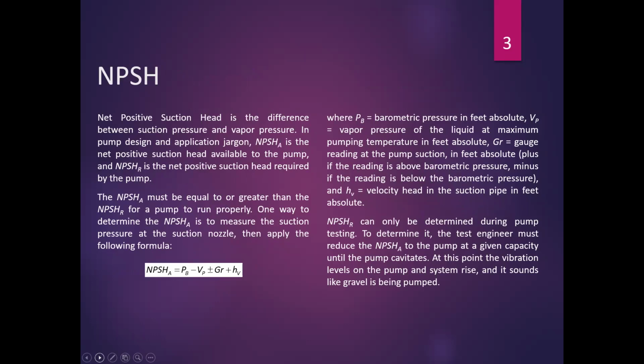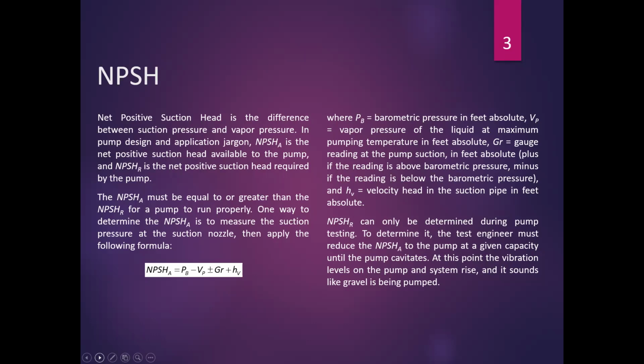Okay, the NPSHA must be equal to or greater than the NPSHR for a pump to run properly. So, available to your pump. One way to determine the NPSHA is to measure the suction pressure at the suction nozzle, then apply the following formula. NPSHA is equal to PB minus VP plus or minus GR plus SB, where PB is the barometric